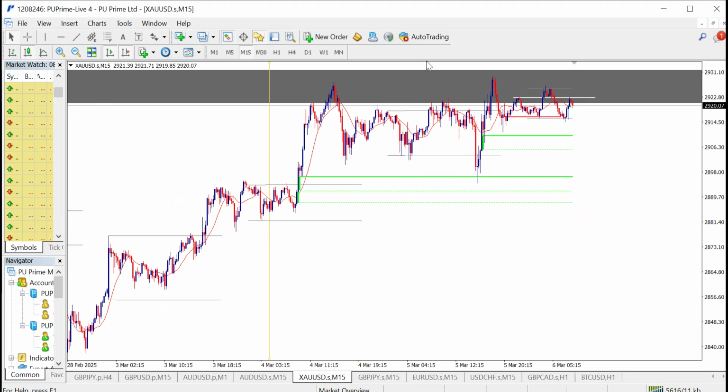Okay, so I'm going to drop the two, GBP CAD and gold. So I'm dropping the signal on our funded client group. If you're not yet on our funded client group, please make sure you try to join. That's where we drop profitable signals